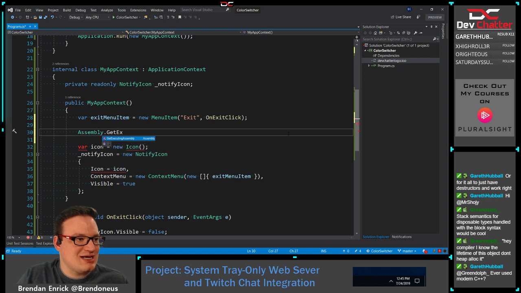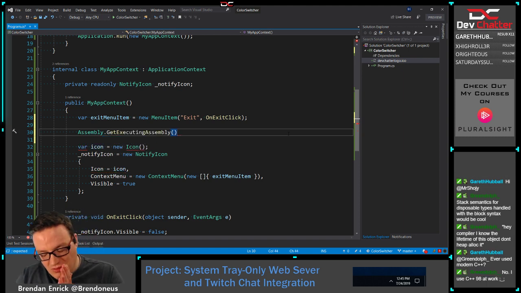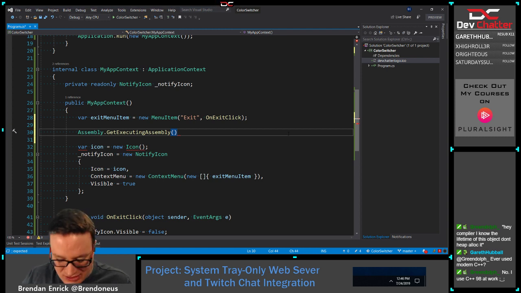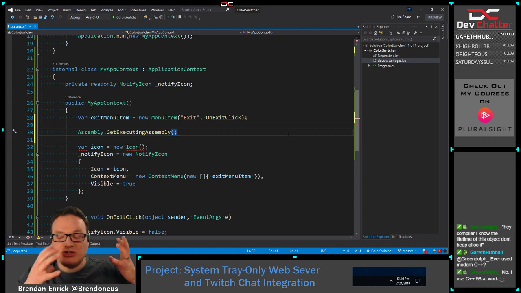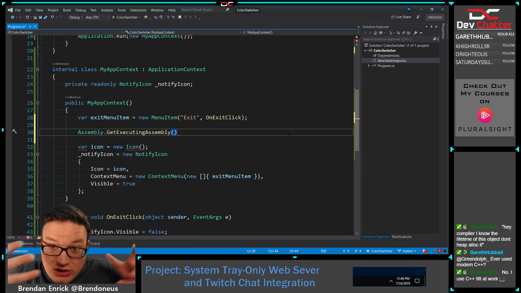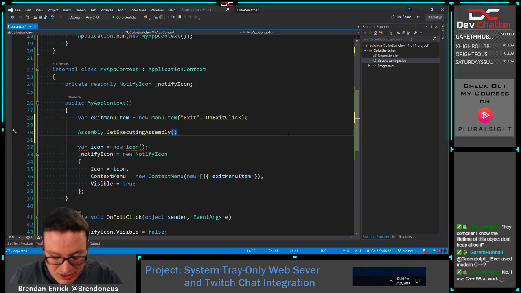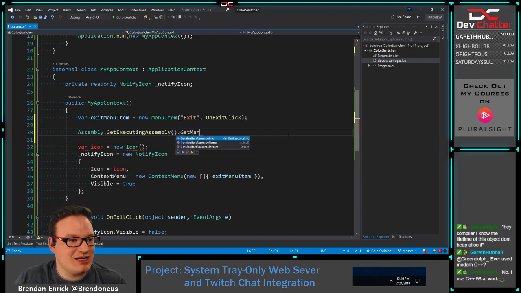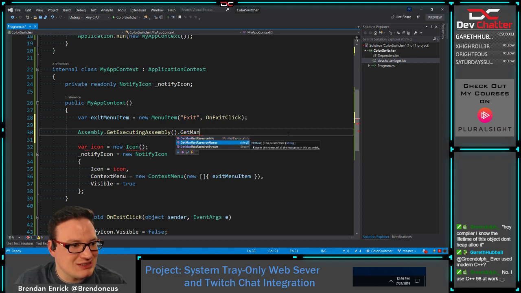So let's get the executing assembly. I want to grab an embedded resource. There are a handful of ways you could do this. I'm just going to do an easy one, and I'm going to say use reflection. So reflection, if you don't know what that is in C#, means that we're going to look at our own code, our own DLL, and we're going to run stuff from it. So I'm going to say get manifest resource stream,